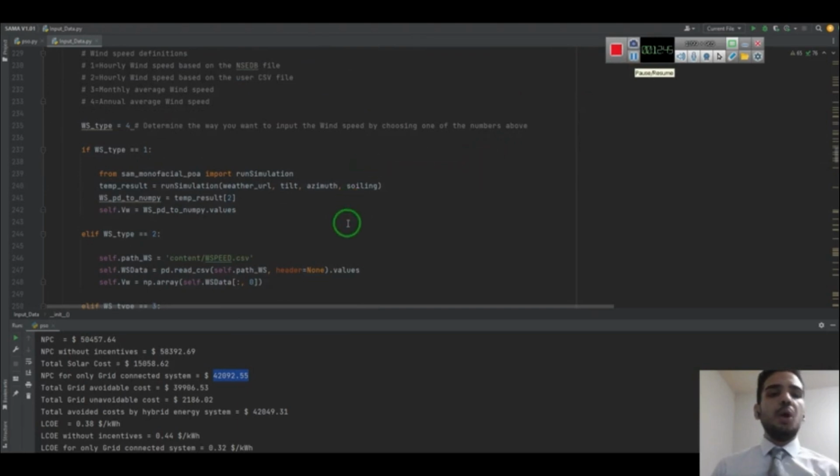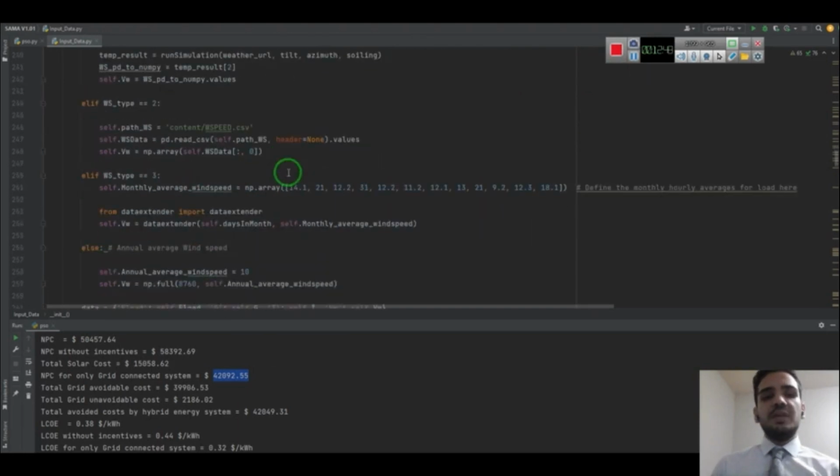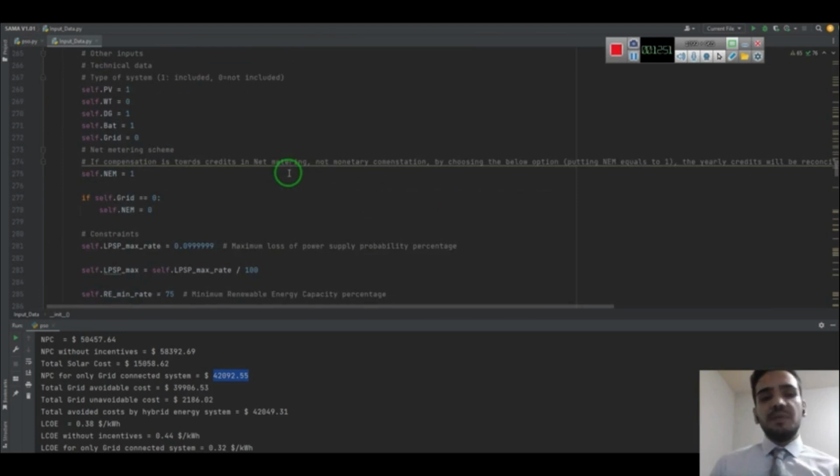Now that we have defined all the main inputs for the software, we need to define the type of system for the simulations. We are going to simulate an off-grid photovoltaic, diesel generator, and battery system. So for that, we put one value in front of the photovoltaic, diesel generator, and battery, and for other types of system, we put 0 in front of them. If you have grid interconnection, you would need to add a one value in front of the grid. But here, because it's an off-grid system, we only add the 0 in front of the grid.